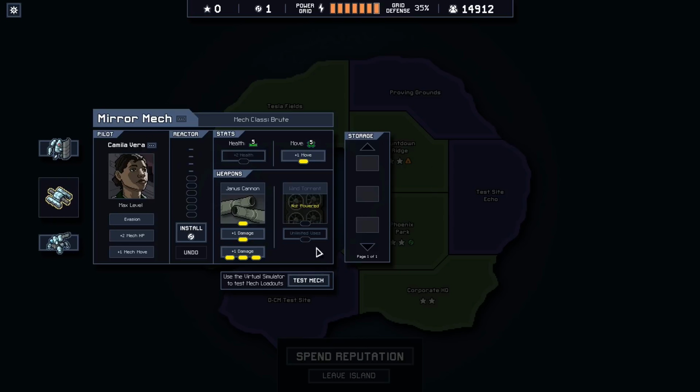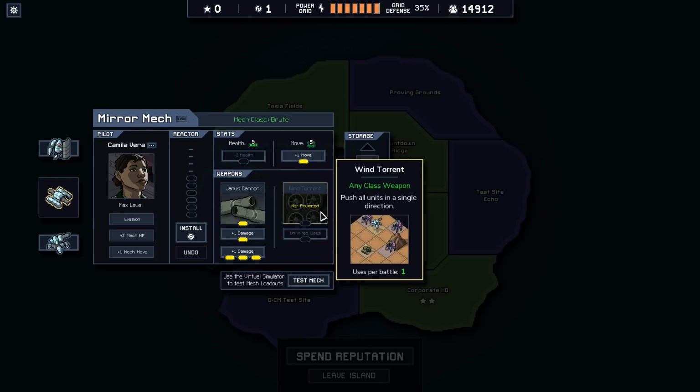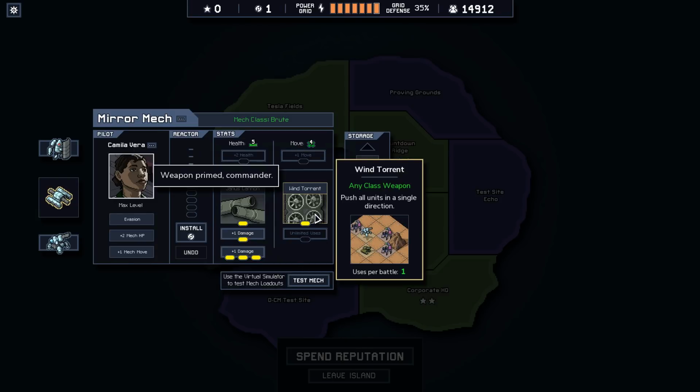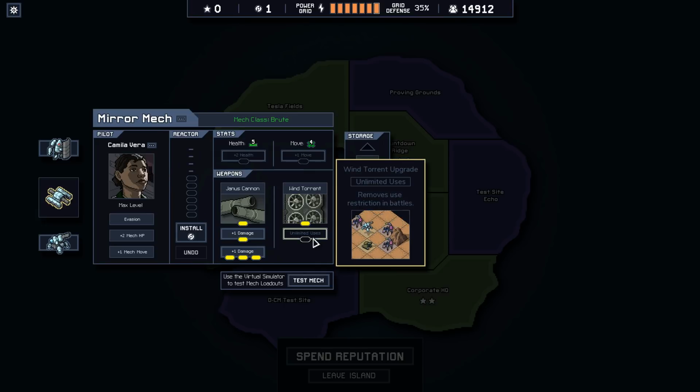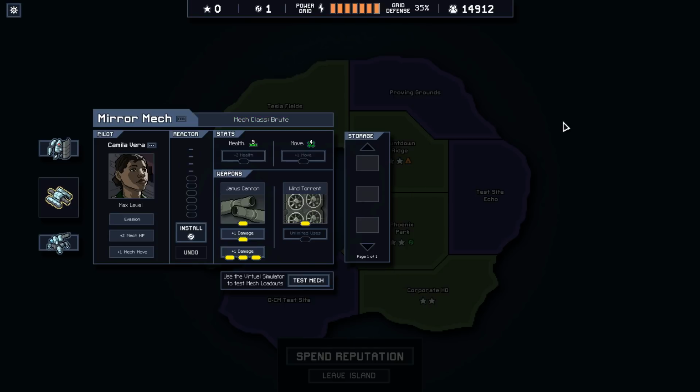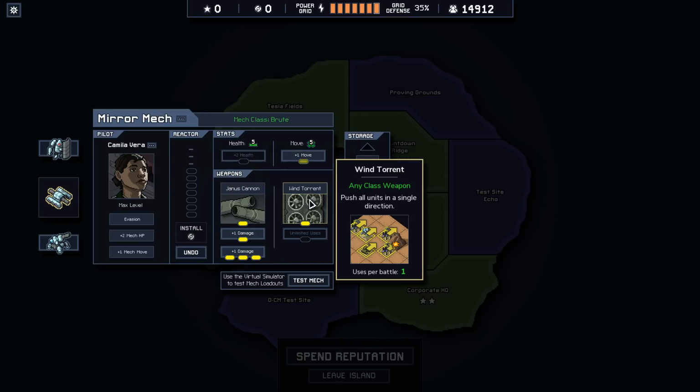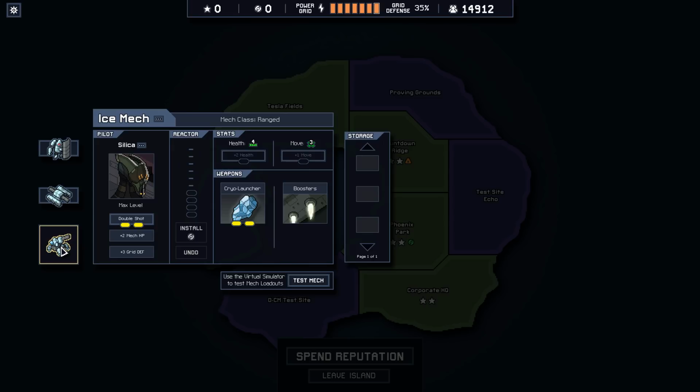Let's install this. Oh, we have to power that. You know, since she got +1 move, I feel a little bit more comfortable doing this. So it's 1 use per battle or unlimited uses with only a single extra core. This seems like a great item to me. Oh, we have a loose core, actually. Would I rather have unlimited uses of the Wind Torrent? No, probably not. There are a lot of times when we're not going to want to use this because I would much rather just shoot stuff. Although...